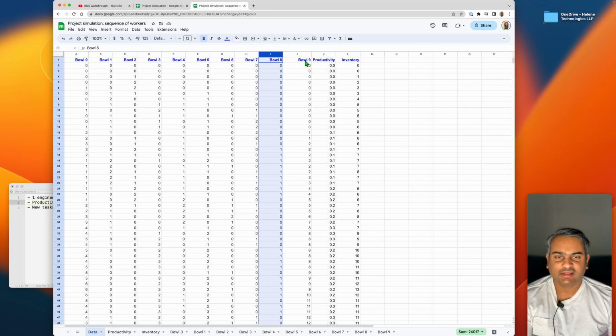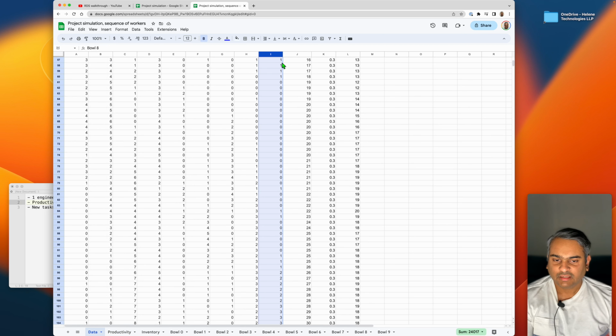The car is ready, you can sell the car. If something is in bowl 8, it's not ready yet. Maybe the car has everything except brakes, so you can't sell it. Now if you look at a random number,